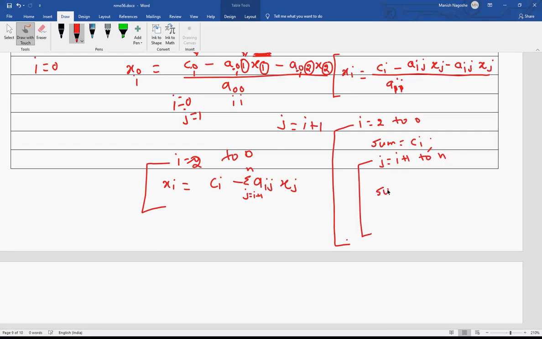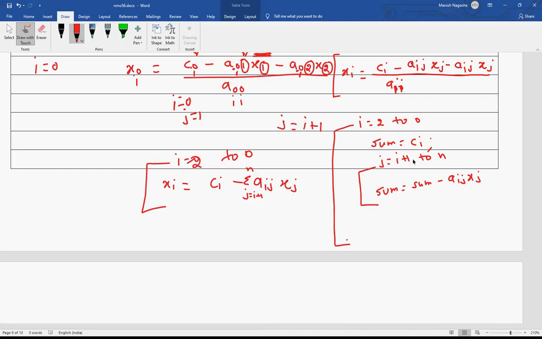And the operation I need to perform is sum equal to sum minus aij and xj. Okay, so it's a loop.